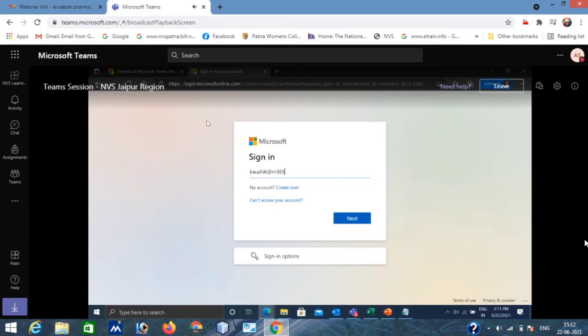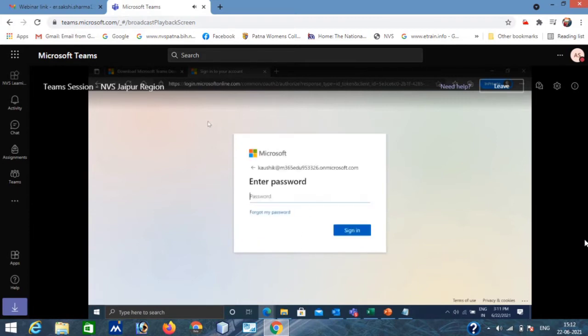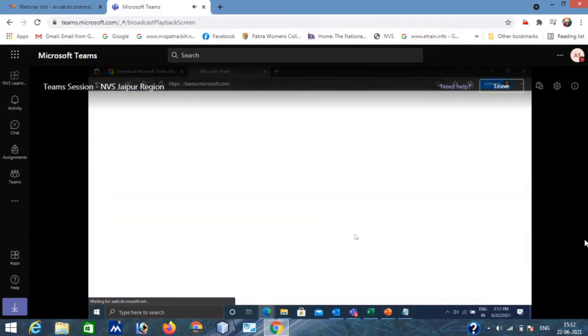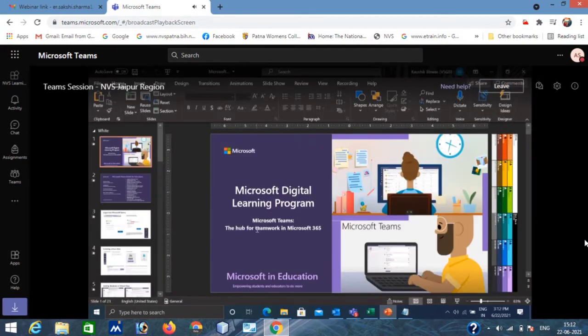So like this, I'm just putting it here. So logged in, then I will give the password. Whenever you give the password, it will start to log in for you. When Teams is ready, whether you are using the desktop app or the web app, in both places when Teams opens, all the Teams will be available over there. In between, what I am doing is, this is a particular PDF file we have shared with all of you. It's a very simple way you can check.